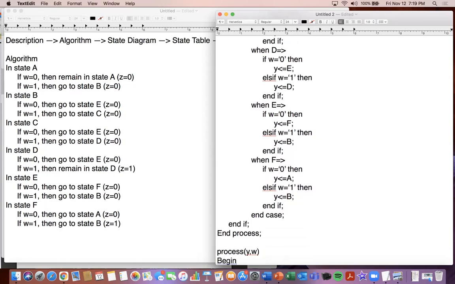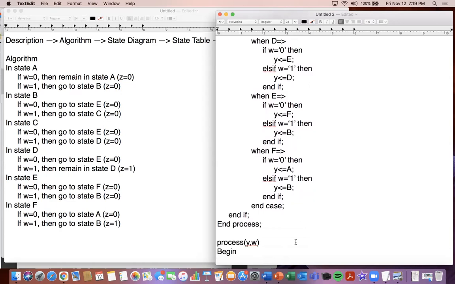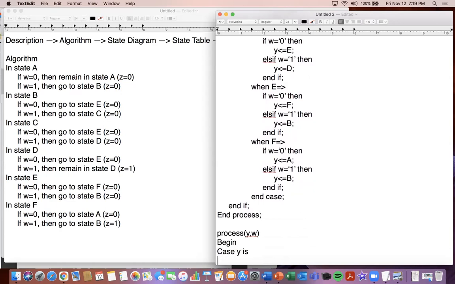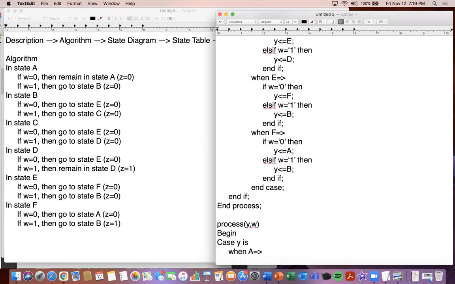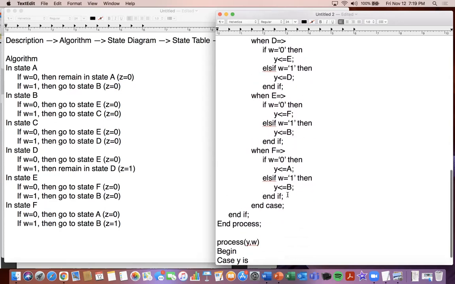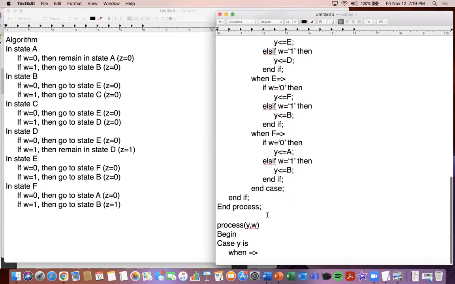Begin. And so when we begin our process, we're gonna have case Y again is, remember the is this time, and we're gonna have when A. So the only one where it's gonna actually be 1, let's just look at the specific cases when we actually have Z is 1,